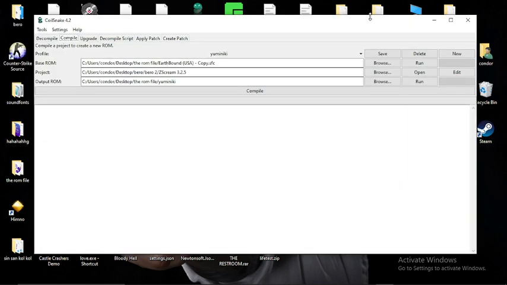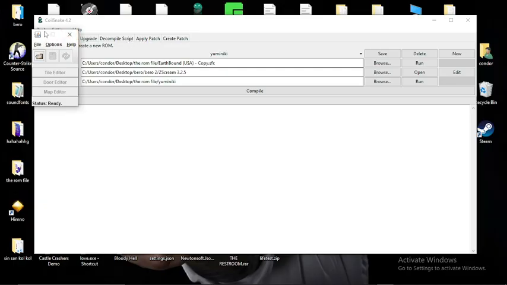How to access the old Earthbound map editor is by going to Tools and EB editor. And then it's going to open this little tab. It's like the old PK hack. I can't drag this. Anyway, you're going to click on Open Project,